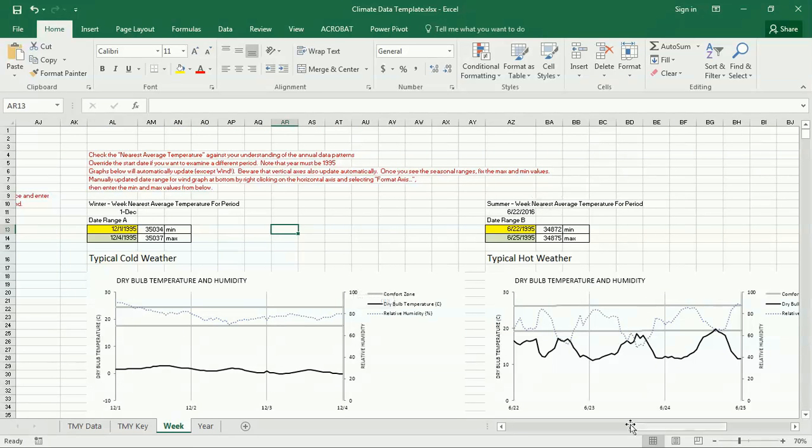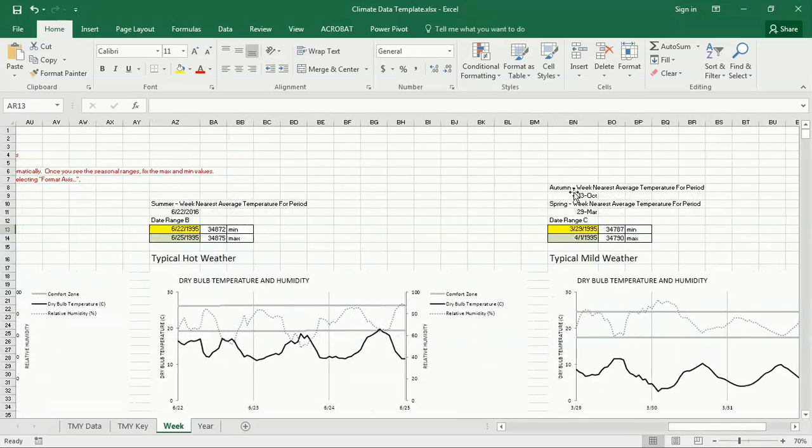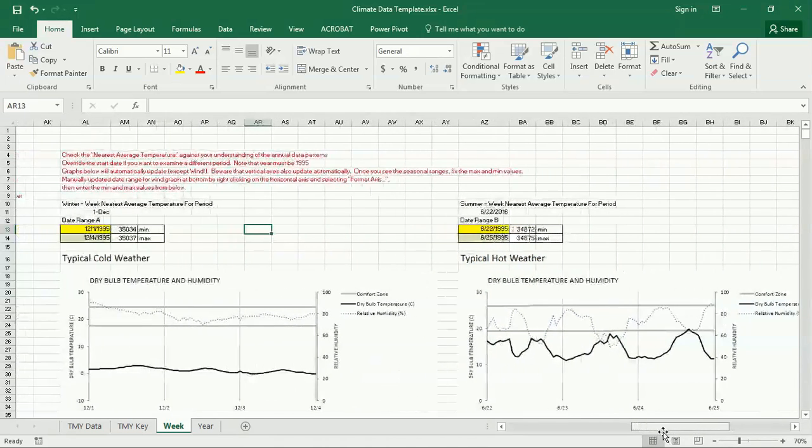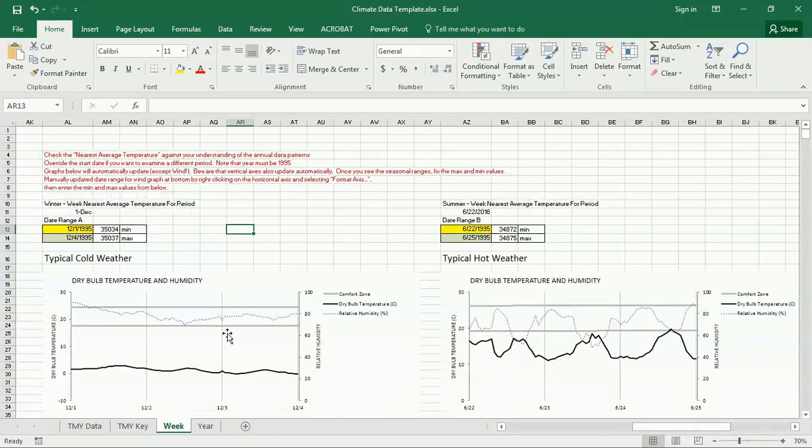Same with the summer, same with the autumn or spring. And you have to decide for yourself what you think is right. This may or may not be correct as is. Now, if you think that it's something different, say you think that this should be, let's say,